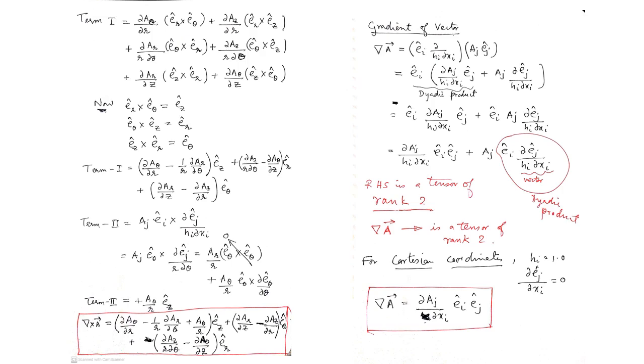As I have indicated, since you start getting dyadic products of the unit vectors, this obviously hints that the final result should be a tensor. So when you take a gradient of a vector, it gives you a tensor of rank 2. When you take a gradient of a scalar, it gives you a vector. So it's like increasing the order of complexity, scalar to vector, vector to tensor. Okay, so gradient keeps on increasing the